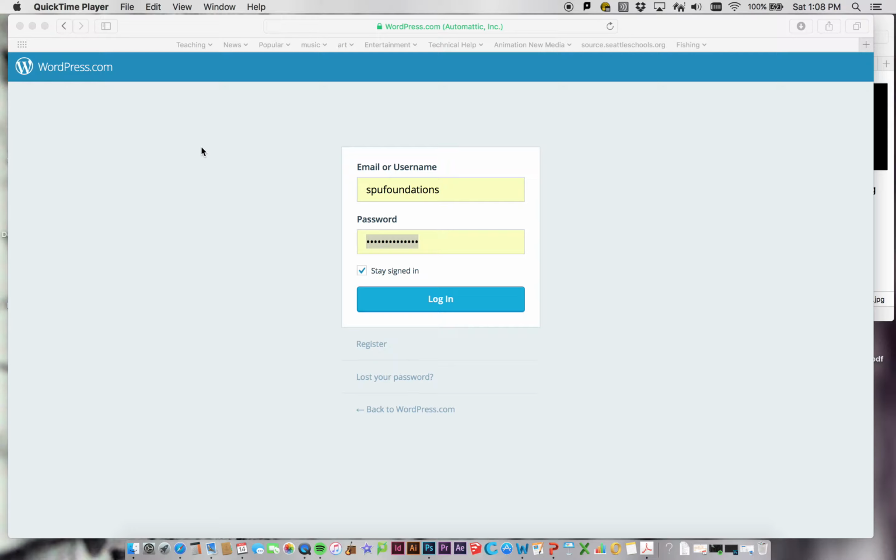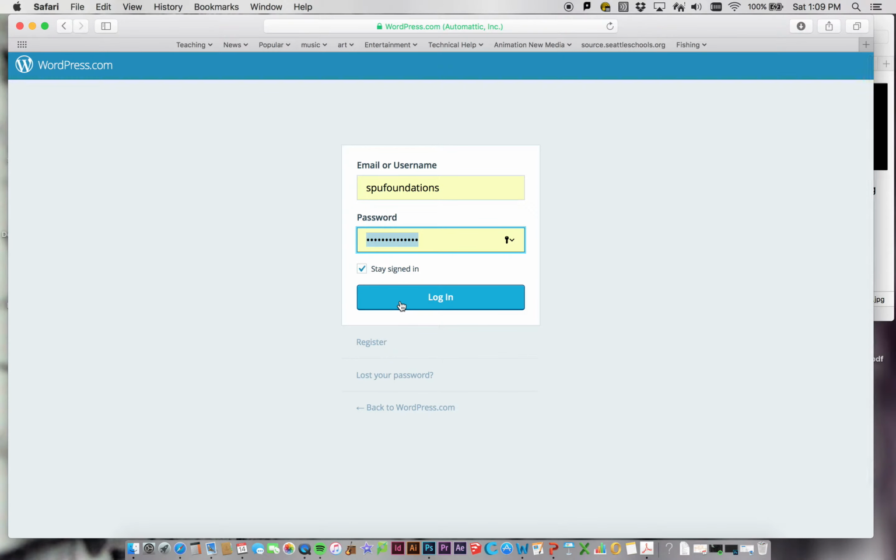Go in here and try and get our WordPress site going a little bit more. And so what you want to do first is go to the WordPress login site. So it's just WordPress.com, and you're going to want to enter whatever username and password you entered whenever you built your web page. And so if I click to login, it's going to bring me in to my site basically,